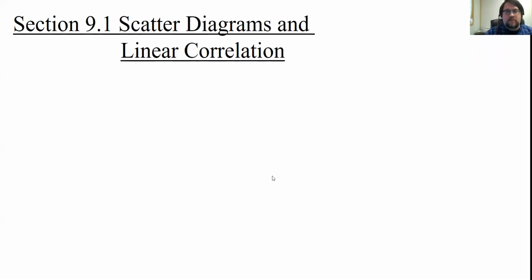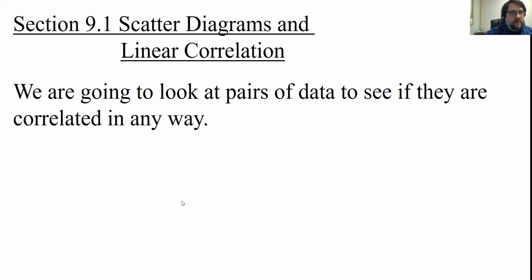All right. We're going to look at section 9.1, scatter diagrams and linear correlation. We're going to start looking at how two different variables relate to one another, or if there is any relationship between the two. So are they correlated? Now, correlated just means they're acting in some kind of possibly related fashion to each other. But we're not going to make any claim about